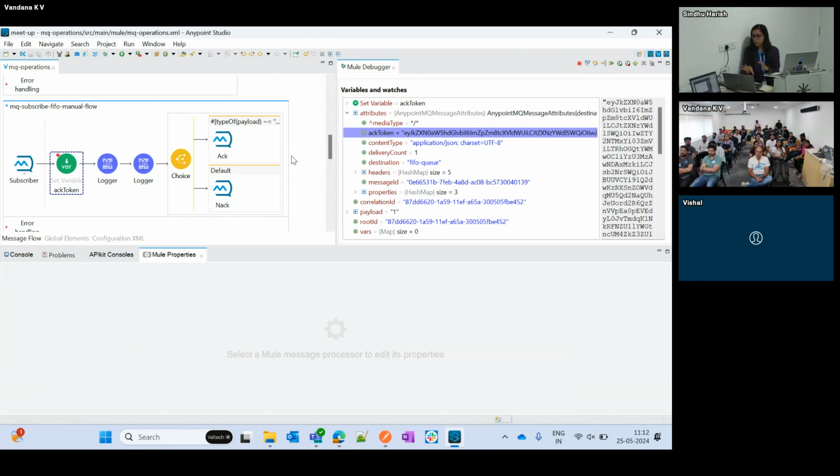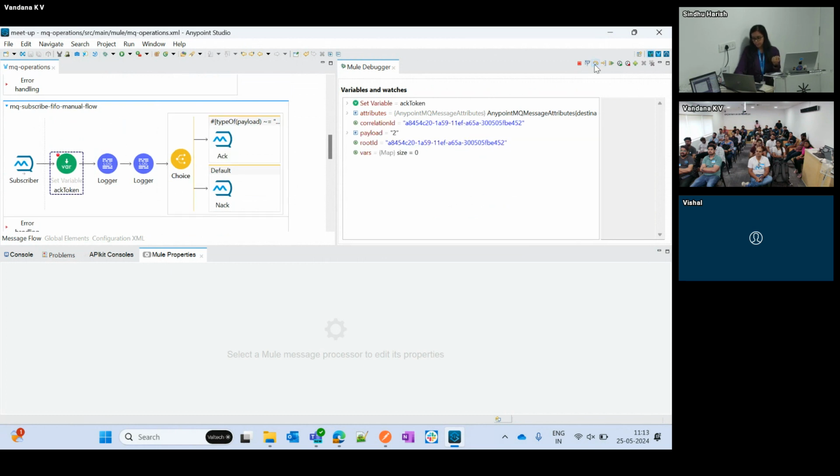So I have added a choice router where it has to acknowledge all the strings and it has to do a nack on something else, like if the data type is different. 1 is a string, so it gets acknowledged. Then you are getting 2. It is still maintaining the order. I've got 3. This is being nacked because this is not type string. Then now I'm getting 4